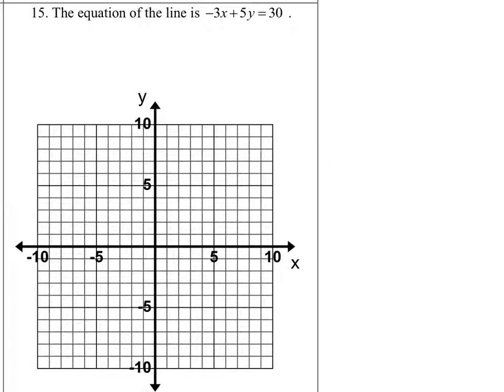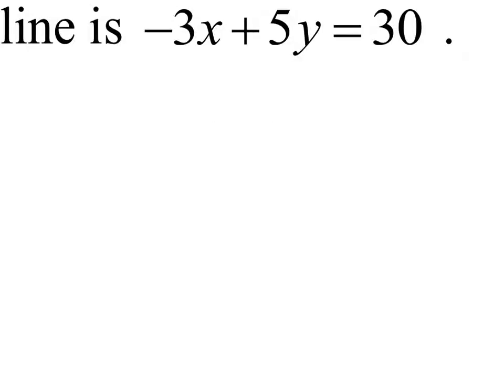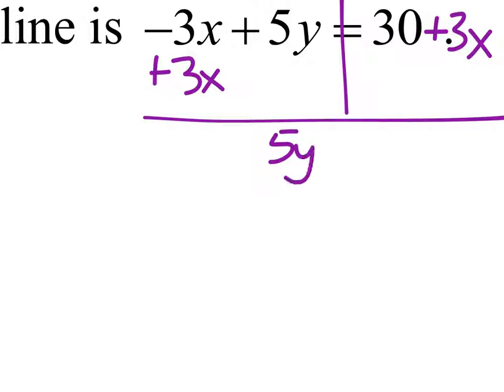Once again, we have an equation in standard form, but what we really want is slope-intercept form. So what we will do is change this into slope-intercept form. And to do that, we're going to add 3x to both sides so that the y is by itself. Oh, that's a 3x. You erased it. So now we've got 5y equals 30 plus 3x. But again, I can move those around and make that a 3x plus 30